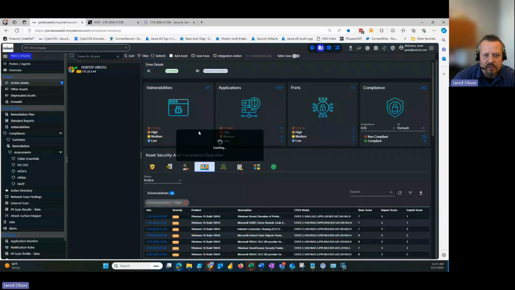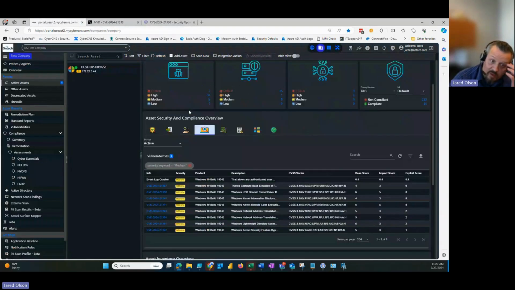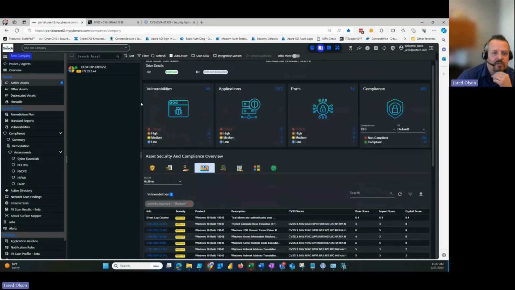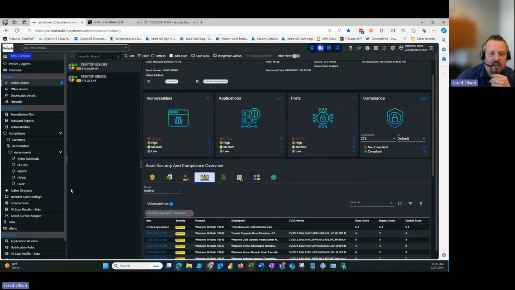And same goes for the medium. I'm not going to spend too much time on that, but same type of scenario. It's going to break down what those medium vulnerabilities are and what the links are to being able to resolve those. And the good thing about this tool is you can set up a lot of automated vulnerability management or